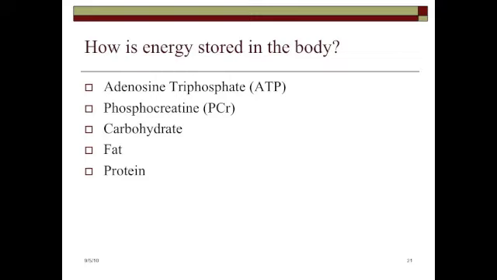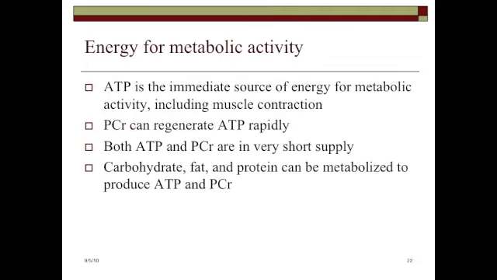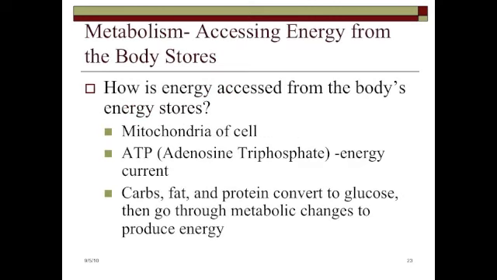Energy comes from many different sources in the body: ATP, adenosine triphosphate, phosphocreatine, sometimes called creatine phosphate as well, carbs, fats, and protein. Adenosine triphosphate is the immediate source of energy for metabolic activity, including muscle contraction. Creatine phosphate can regenerate ATP rapidly. Both ATP and phosphocreatine are in very short supply, so carbs, fats, and protein have to be metabolized to produce them. The mitochondria of the cell is where the action takes place, and ATP is the energy current in all